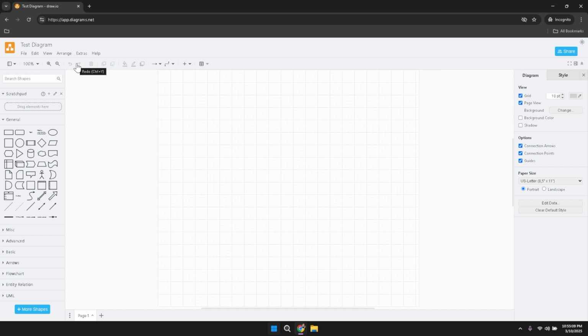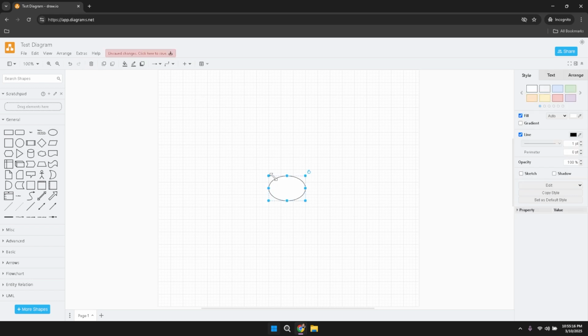The center trash button offers a convenient way to delete elements that are no longer needed in your diagram. Simply select the unwanted element and click the center trash button to remove it efficiently, keeping your workspace clean and organized. This tool helps in maintaining the clarity and relevance of your diagram by ensuring that only necessary elements are